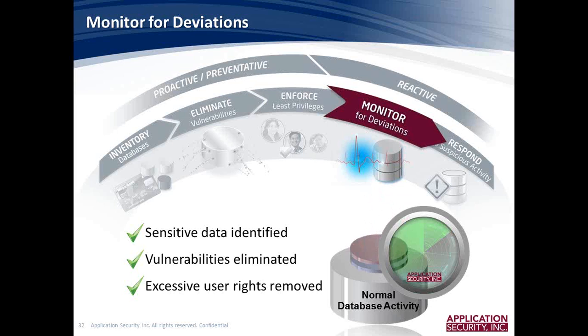Next, we want to monitor your systems, and monitor really for deviations. We've got the sensitive databases identified. We've eliminated as many vulnerabilities as we can, and we've taken out as many rights as possible. The truth is we're not going to be able to fix every vulnerability or eliminate every user privilege that we don't want to have. So we're going to have to monitor the database. We're going to have to monitor the normal activity in the database, and we're going to have to look for the little bits and pieces of potentially abnormal activity in our databases so that we can log it and